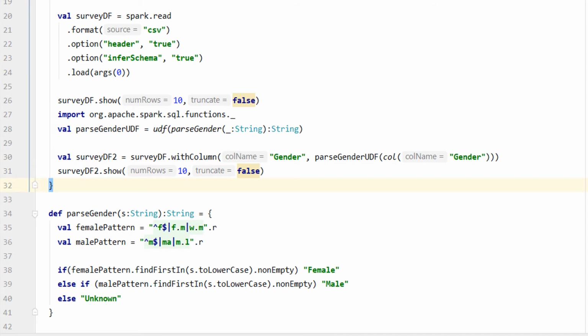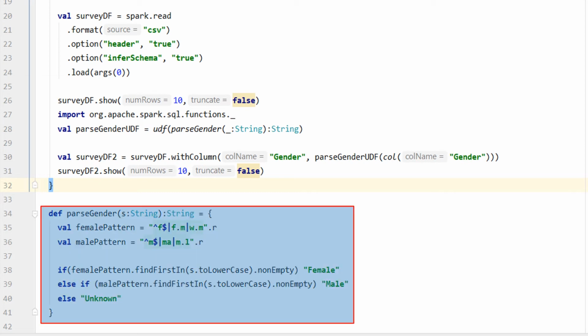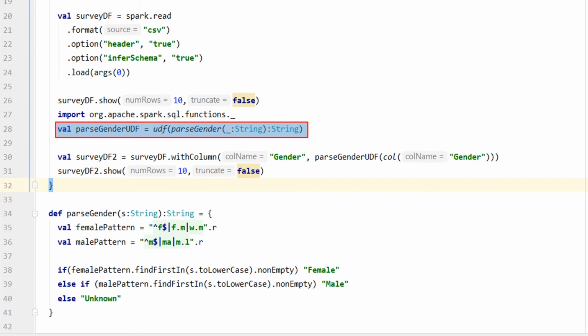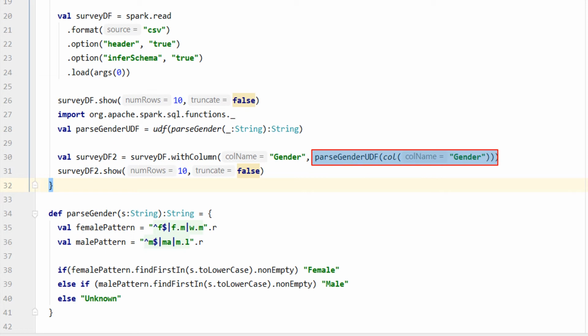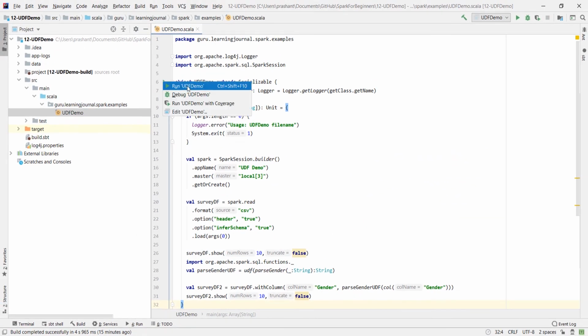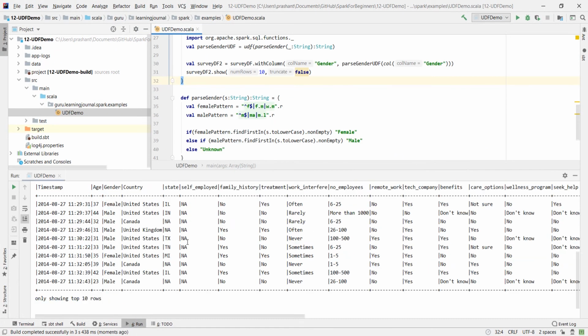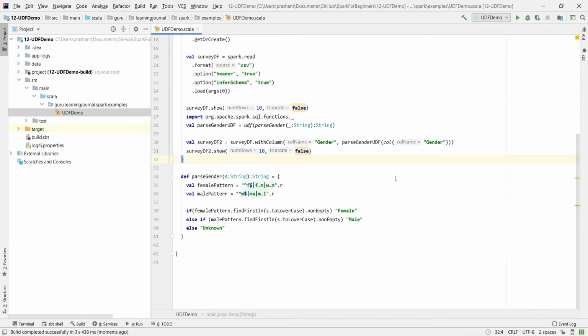So what exactly are we doing? It is a 3-step process to use a user-defined function. Create your function, register it as UDF and get the reference. Now your function is registered in the Spark session and your driver will serialize and send this function to the executors. So executors can smoothly run this function, right? Finally, use your function in your expression. That's all. Great. So we learned to create and use a UDF in a column object expression.